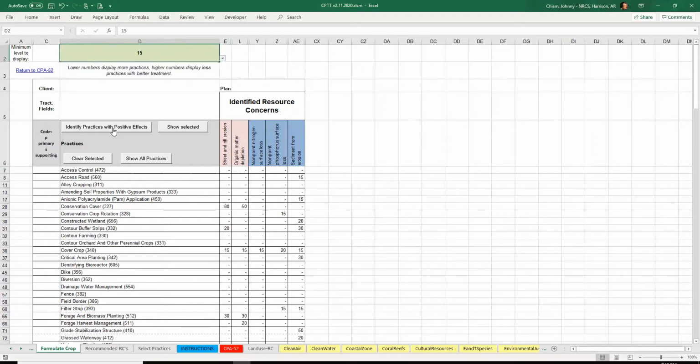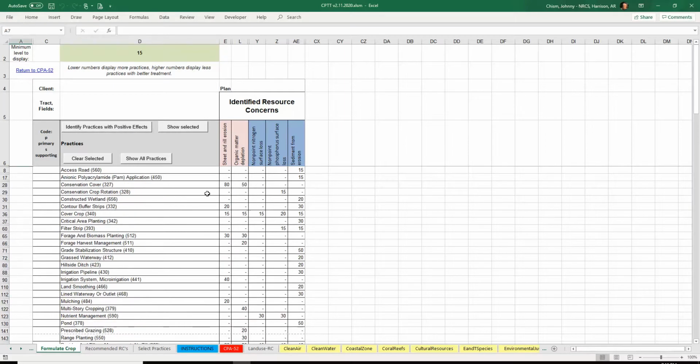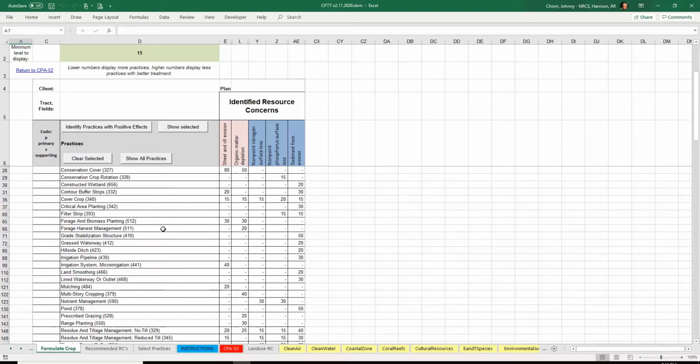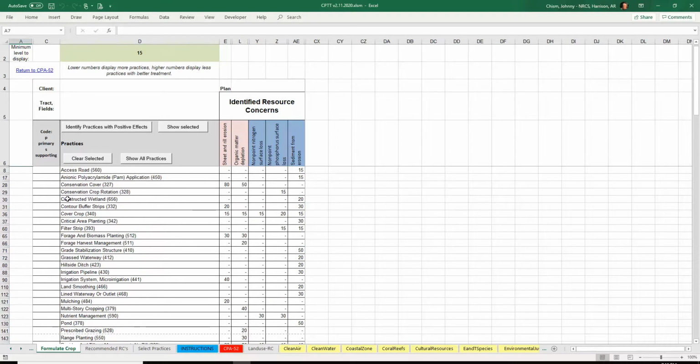Let's go to 15, and we'll click this identify practices with positive effects. So then it only shows the practices that have a point value of more than 15, or 15 or more, for any of these resource concerns. So as we go down through this, we can see that there are some possibilities of different ways to develop the